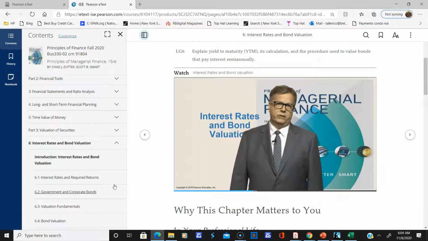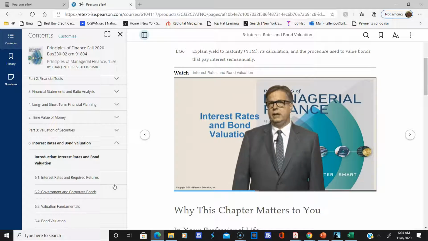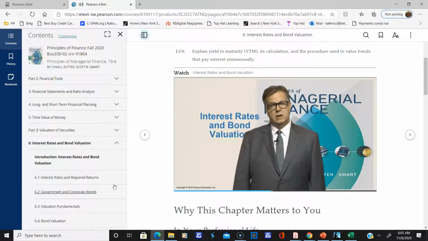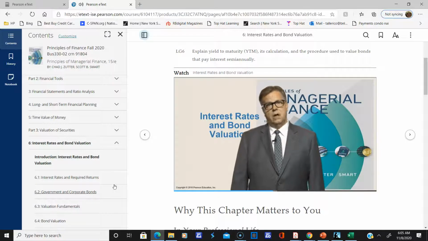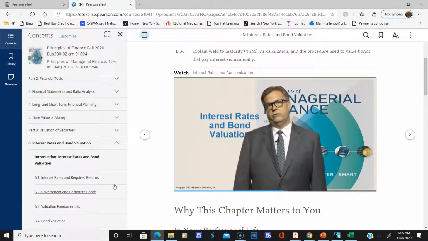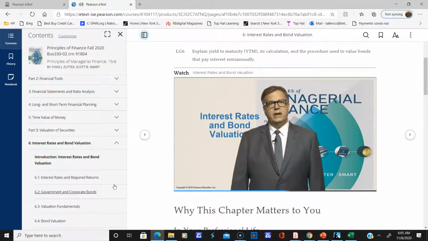A bond's risk depends on characteristics of the firm that issues the bond and on the attributes of the bond itself. For example, a firm that has very little debt on its balance sheet and generates reliably positive cash flows will have to pay a lower interest rate on its bonds than a firm that has a lot of outstanding debt and produces more variable cash flows. Likewise, other things being equal, long-term bonds and bonds that are not secured by any form of collateral are more risky than short-term bonds that are backed by collateral, so interest rates on long-term bonds and unsecured bonds are generally higher.